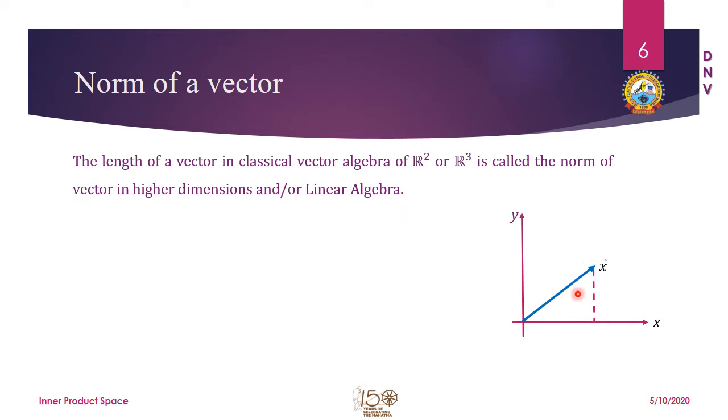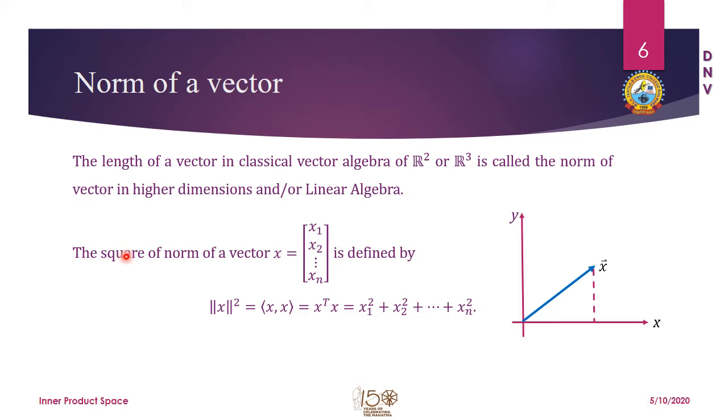So this is the picture where we have taken a two-dimensional plane, that is R2, where we have considered a vector, the blue line, the x vector. If we drop a perpendicular from the head of this vector on the x-axis, we get the vertical component of this vector and the horizontal component of this vector. If the length of this vector is equal to r, then this r will be calculated with the help of Pythagoras theorem, and these distances will be calculated by using the projection. So this we will be taking up later.